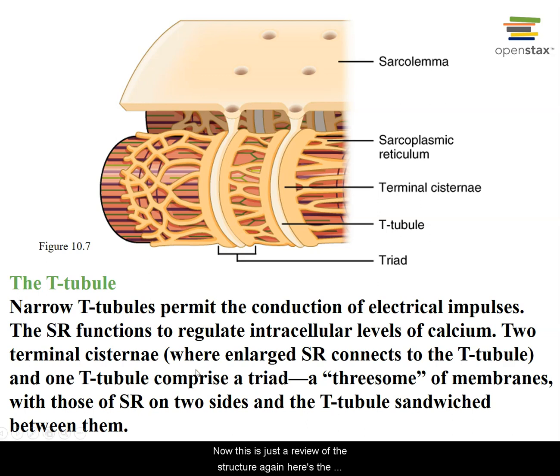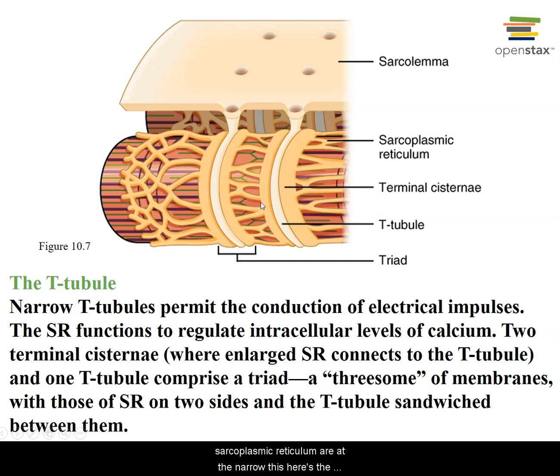Now, this is just a review of the structure again. Here's the sarcolemma. This is where you would have an influx of the change. You'd have a change of the polarity of the membrane. An impulse causes the change. The influx of sodium changes the polarity of this membrane, and that allows for the influx of calcium into